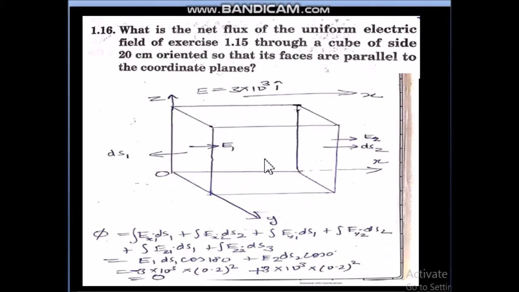You can notice here that this line of the cube is going in x direction, this direction is z direction and this direction is y direction. Now this cube is having all its faces parallel to the standard coordinate planes. So these are the total 6 faces of the cube, as you can see. So first face, second face, third face, fourth face and fifth and sixth.